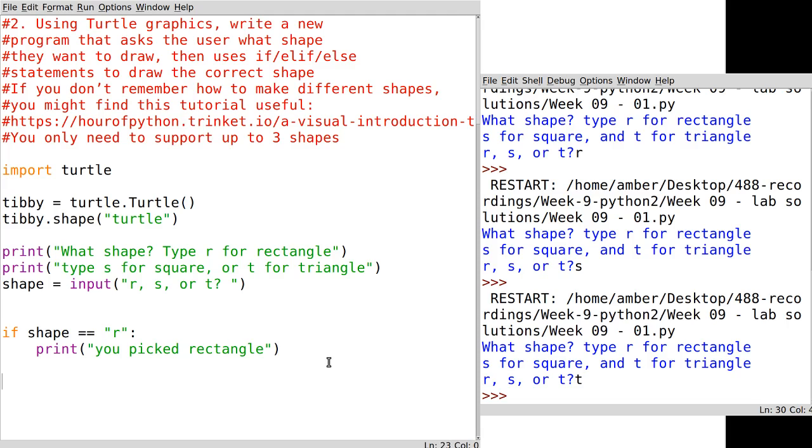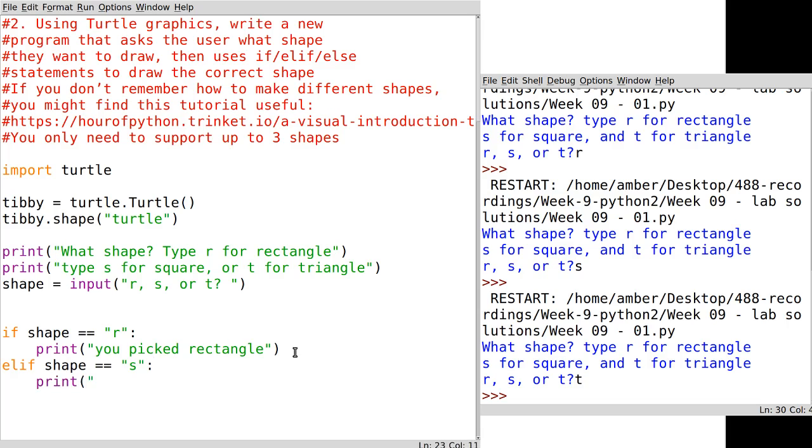For this, I'm going to skip going over the whole save it, run it, and show you everything, because I don't want this video to be really long. I want people to actually watch it. So I'm just going to put in the next statement. Don't forget that because the print statement is part of the if, it gets indented. Next we want to check, well, if they didn't type R, maybe they typed an S. So elif, because this is an else associated with the previous if, shape equal S,